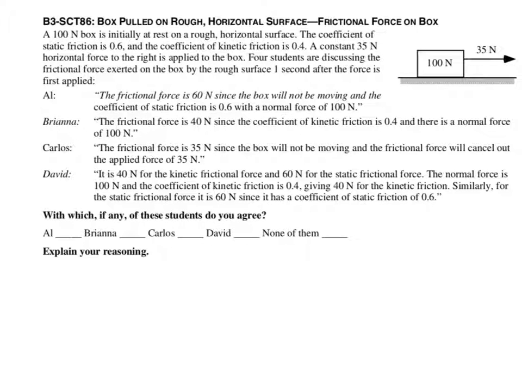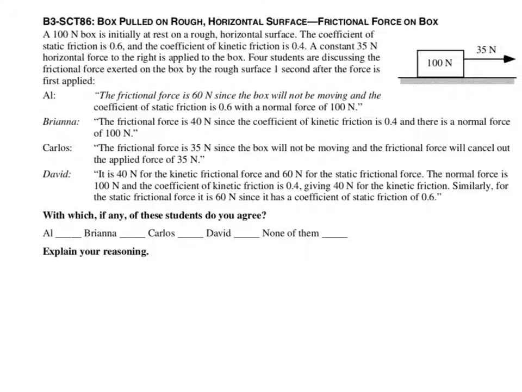Chapter 6, Sample Problem Number 7. A 100 Newton box is at initial rest on a rough horizontal surface. The coefficient of static friction is 0.6, and the coefficient of kinetic friction is 0.4. A constant 35 Newton horizontal force to the right is applied to the box. 4 students are discussing the frictional force exerted on the box by the rough surface 1 second after the force